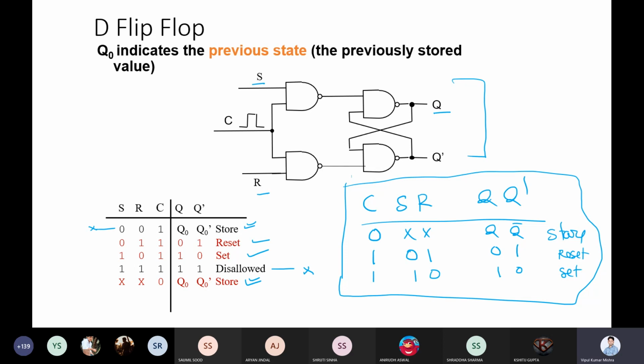Can we do some modification? So here, let me give you more clue. Here we have xx, means we are not worried about this value. So we are worried about only these two. Is there any relation in this box? Can we figure out some relation here?